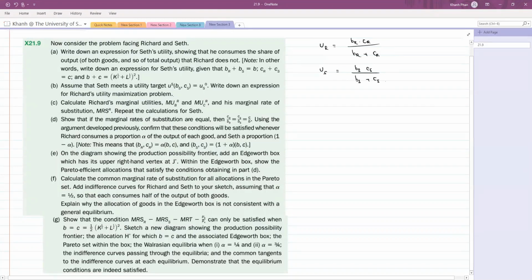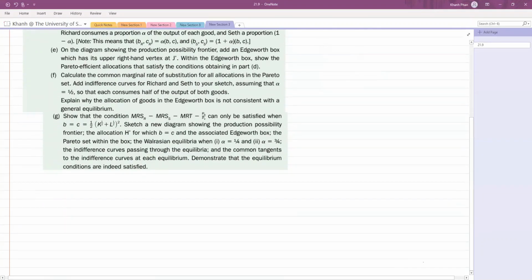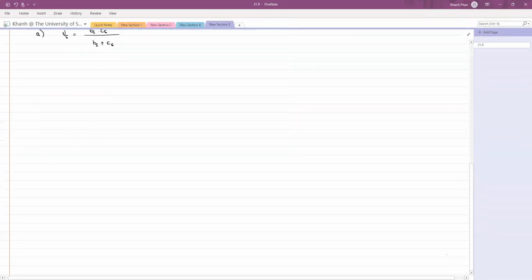Okay, so the first part is asking you to write down the expression for Save's utility, showing that he consumes the share of the output that Recharge doesn't. So it's pretty straightforward. We already have a utility function for Save, which is equal to BS CS divided by BS plus CS. And so given that